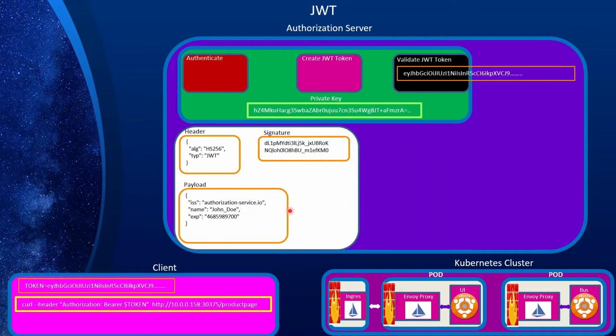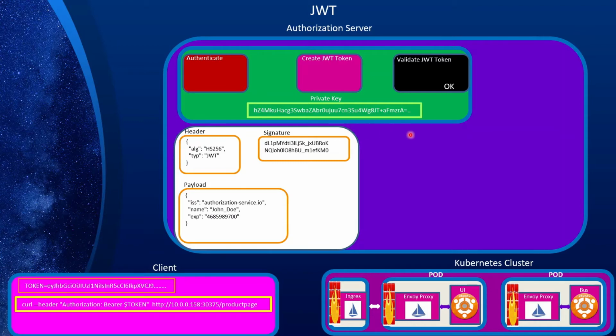And then the next thing that it does, it validates the signature, because it has the private key that generated the signature. So it ensures that it hasn't been tampered with, and this is its signature. Remember, we use a function to generate the signature. So it kind of reverse engineers that, using the private key and the header and the payload, and makes sure that this exactly comes out as what that private key was used for. So that's how the